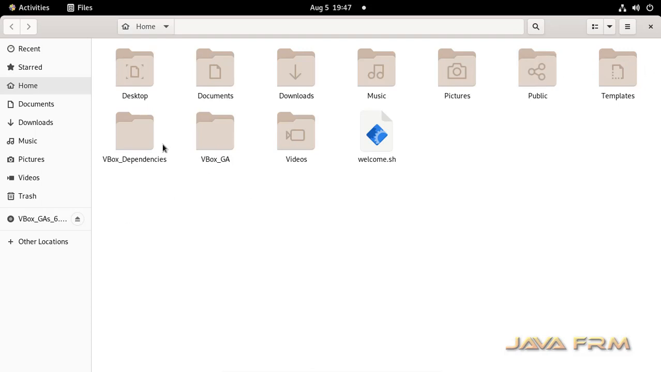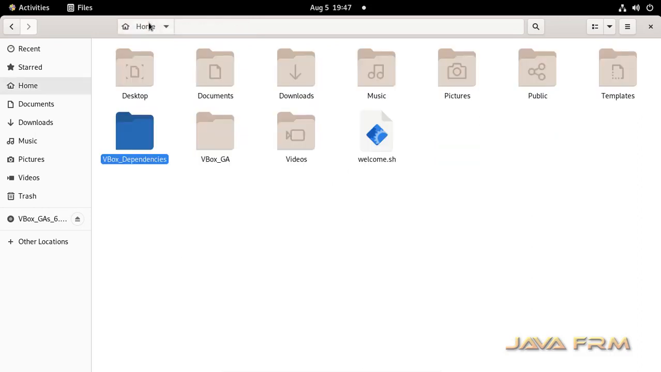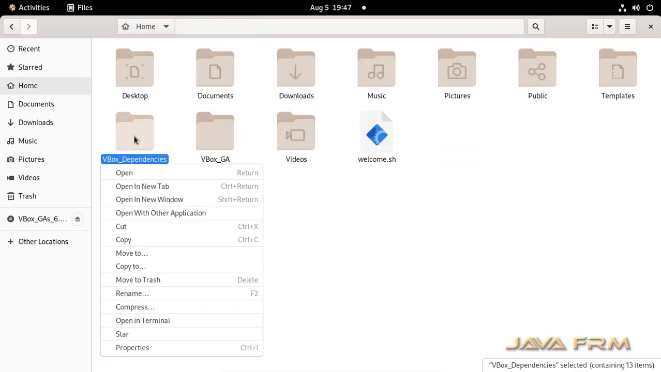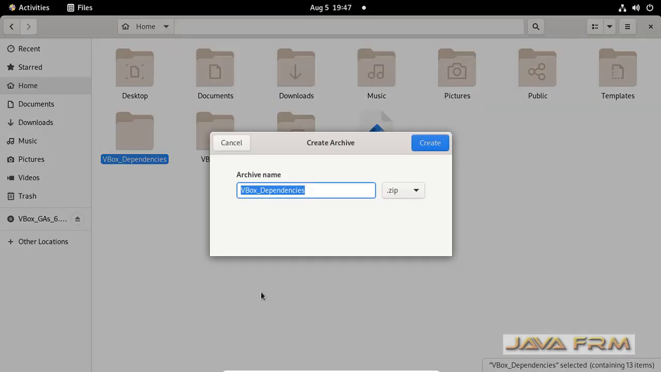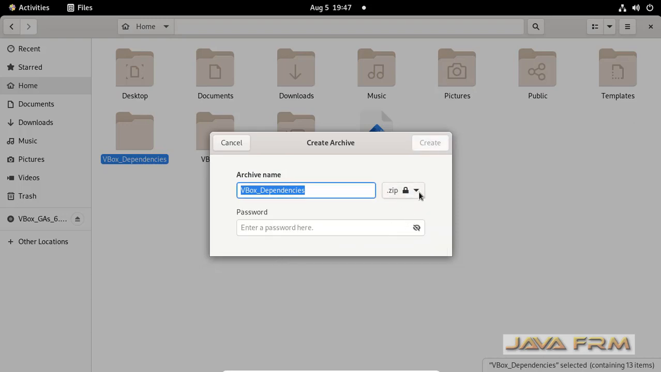Okay. So first I open the file explorer. I am going to compress the directory. So right click the directory. In the context menu you can see the option called compress. Press compress. Once you select compress, you can see a lot of